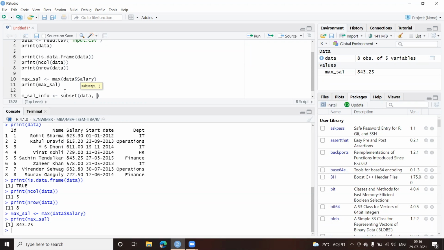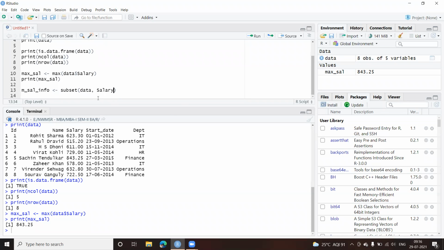So I'll write salary. Please remember here, I'm not making use of data $salary. I'm just using the salary word because it already knows that the data frame which I have to look into for this particular column is data. This one is already specified. So I'm not going to give data $salary, only salary.